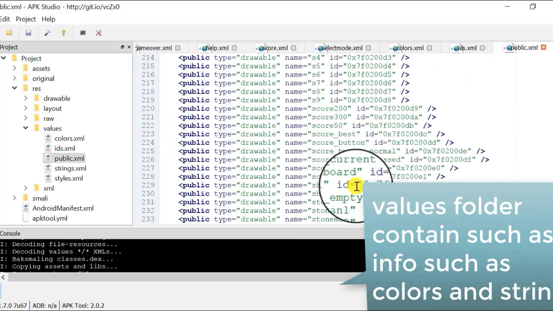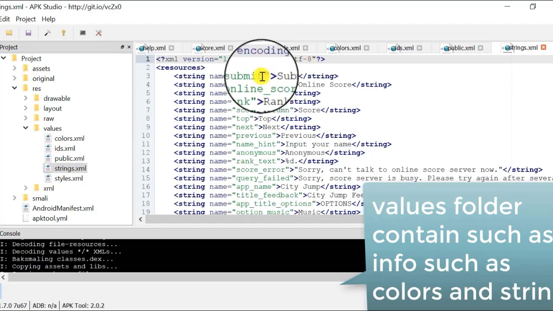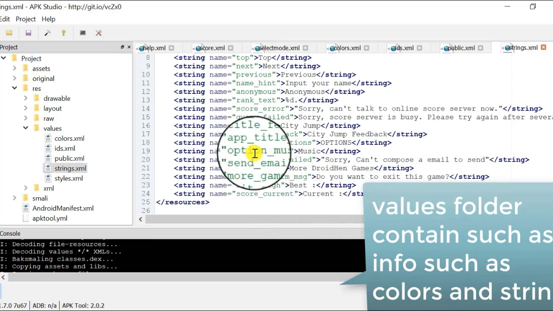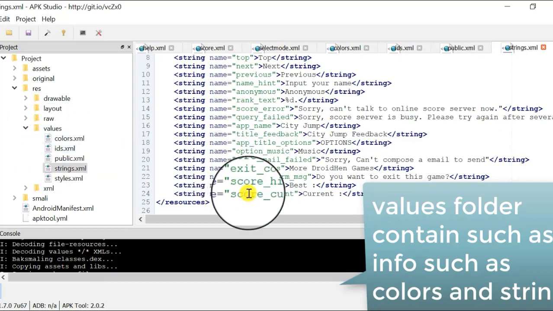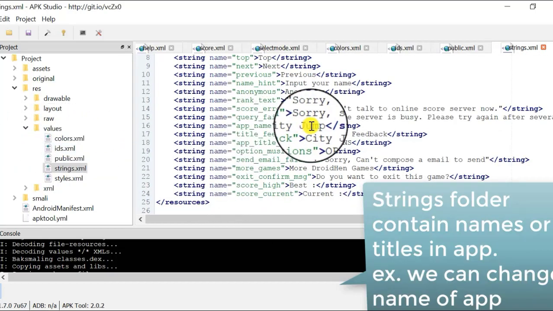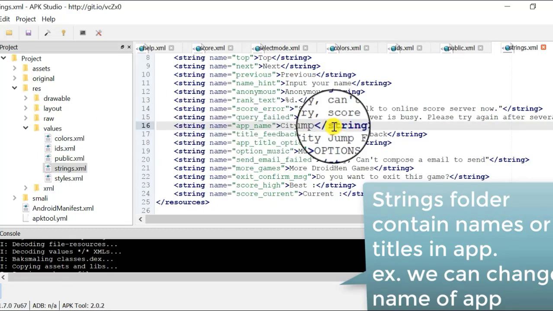Let's go to the strings and click on app name. Here you can rename the Android app. Now let's rename that Android app to City Ninja.